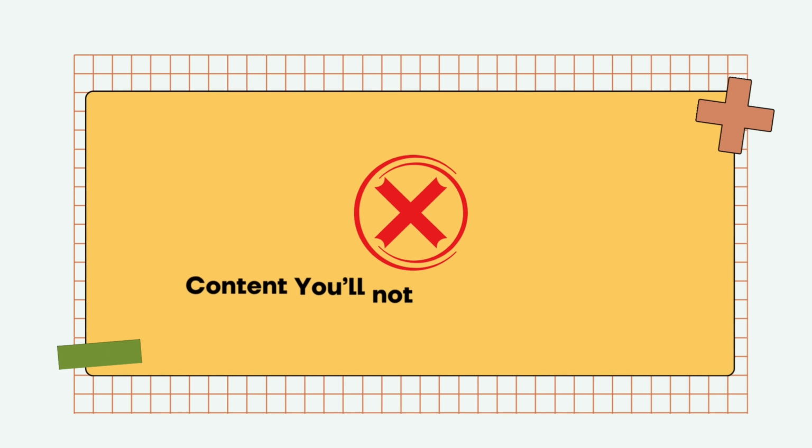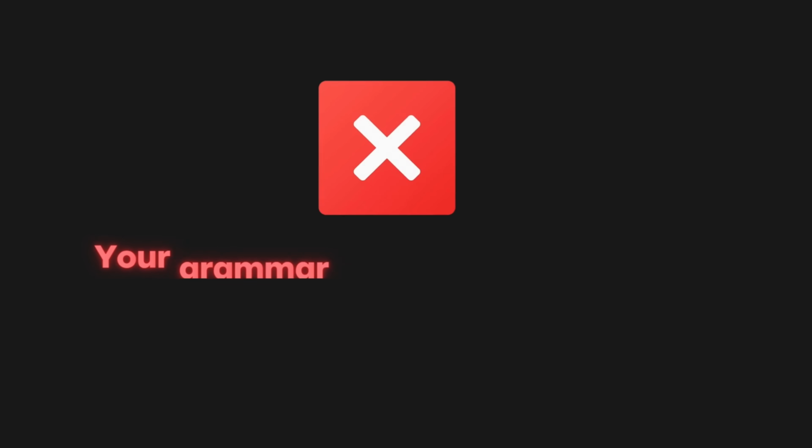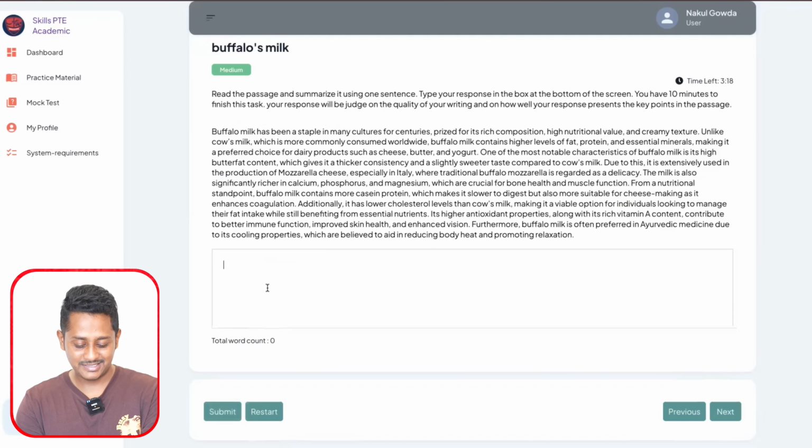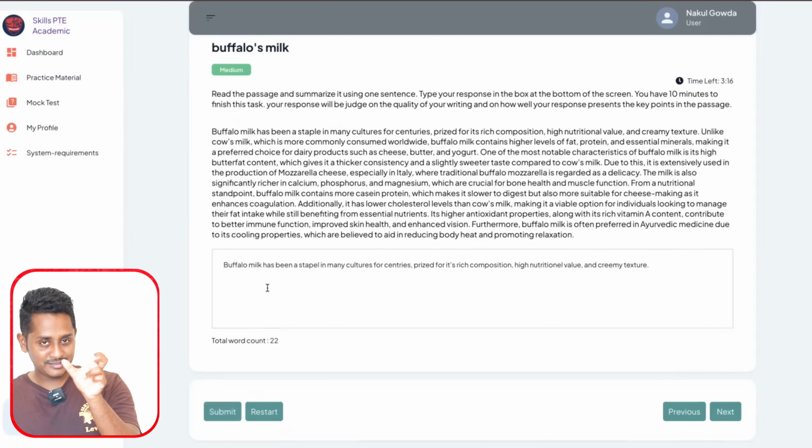The content you will not be covering a lot. You would be covering only, let's say, 2% of the content or 3% or less than 5% or less than 10%, not more than that. First scenario. Second scenario is your grammar would be completely messed up. In combination of these two, you end up getting low scores. I've already copied it, so let me just paste this particular sentence. It's a very small sentence.